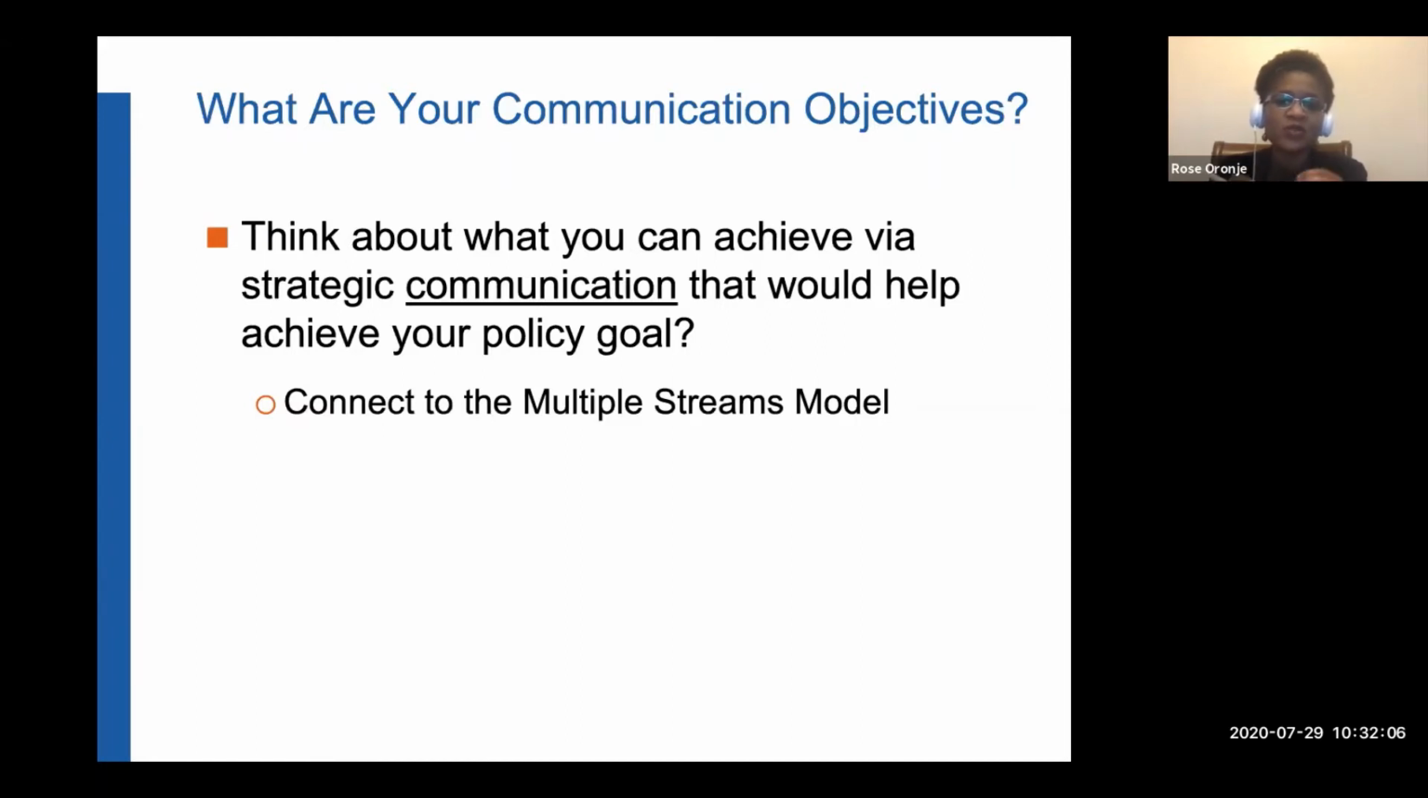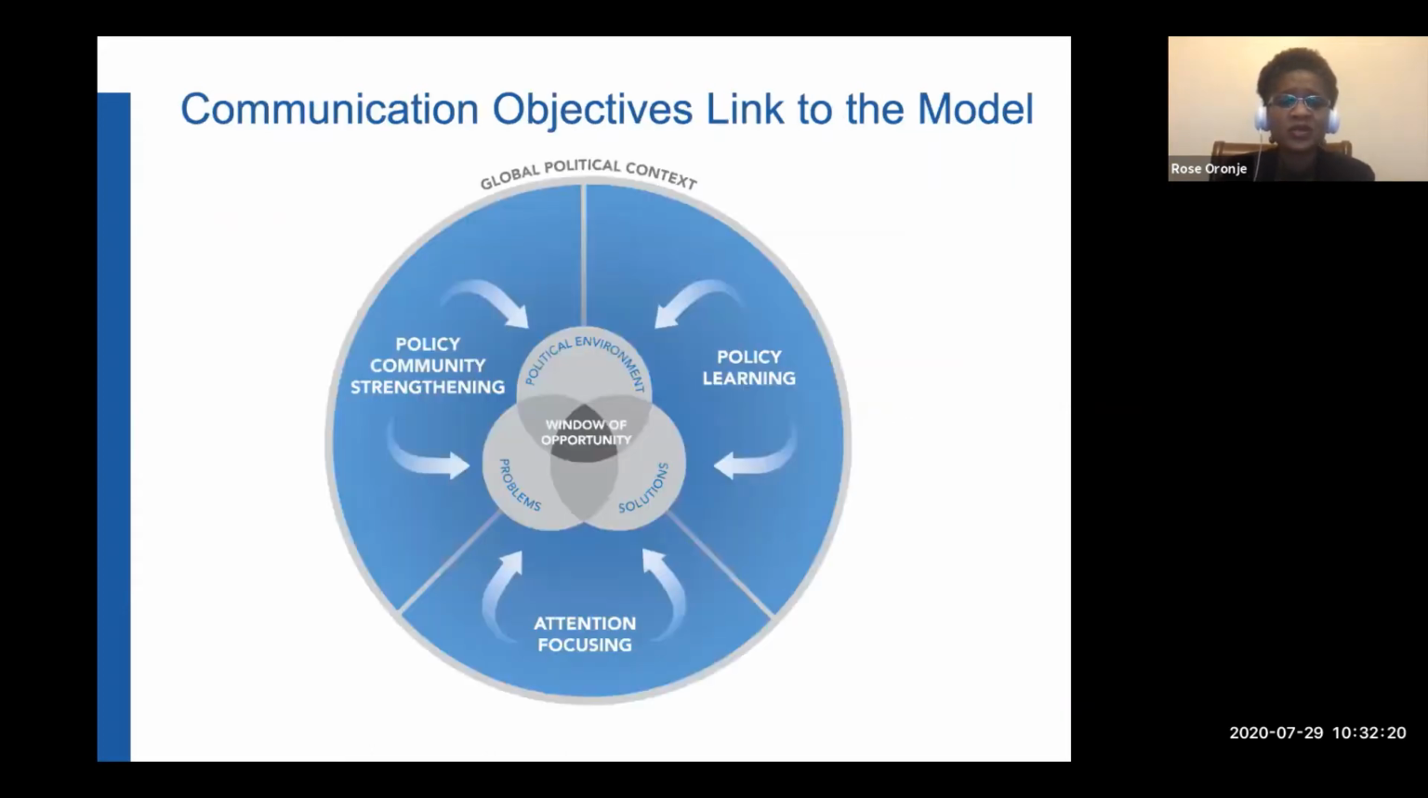So think about what you can really achieve via strategic communications that would help you achieve your policy goal. And in doing this, we often like to draw on the multiple streams model, which is a model by John Kingdon, an American researcher. But he has tried to theorize around how change happens in the political space. And if you look at this diagram here, if you look at the inner three circles in the middle, he theorizes that,